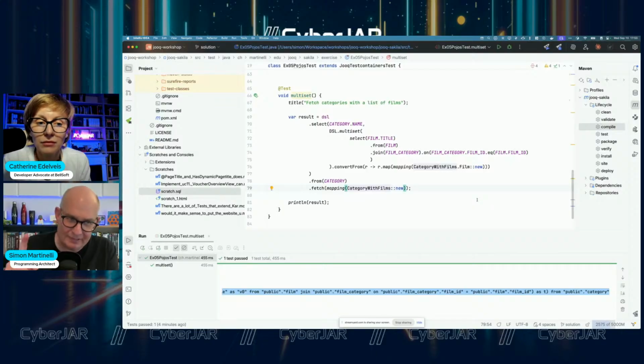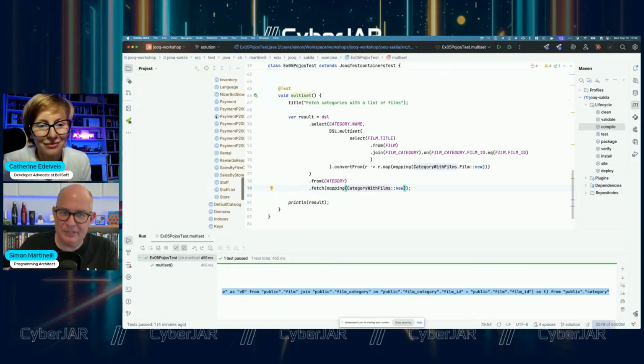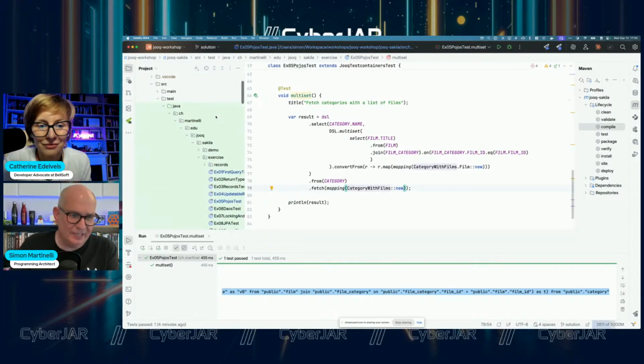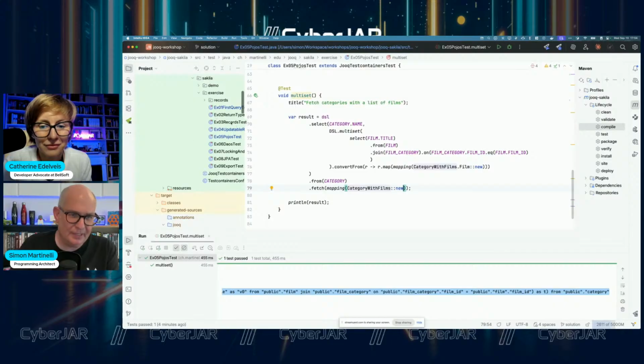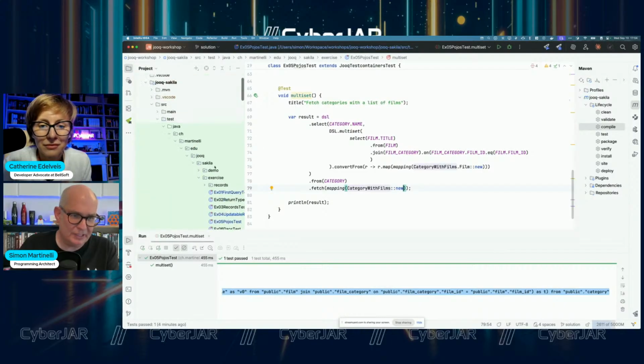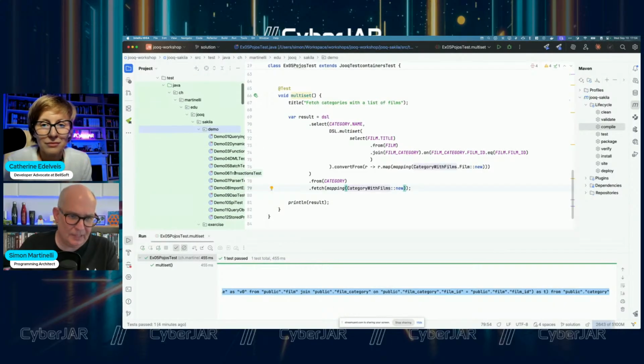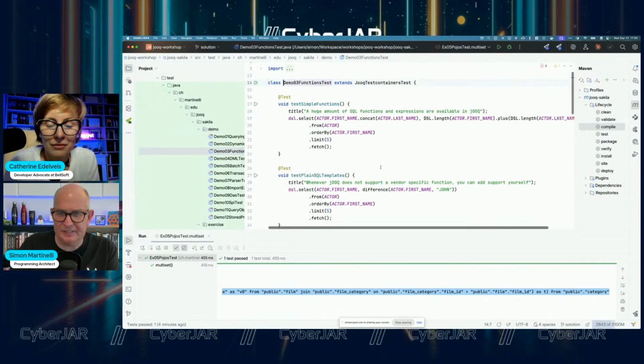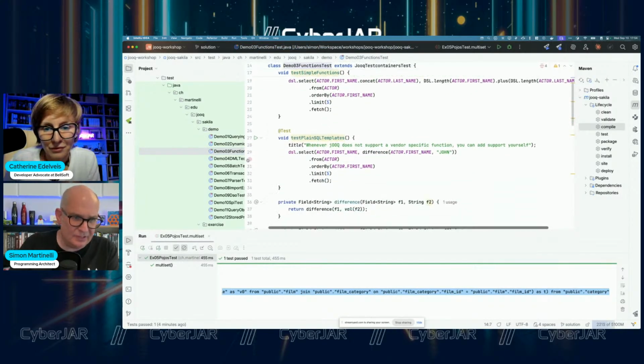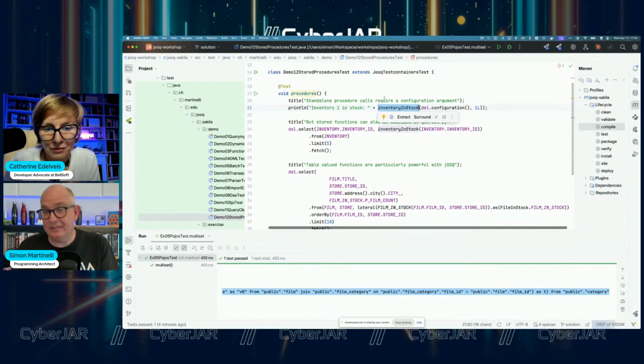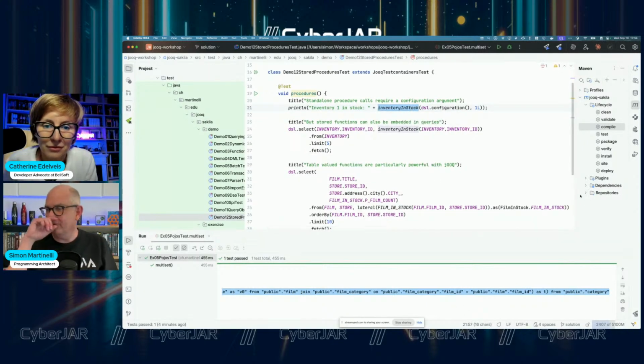For the people that are using stored procedures, JOOQ is brilliant, because JOOQ will generate the class from the stored procedure. And in fact, we have a stored procedure here. Let me check where I have that. Function test, that's probably not this one, that's that one. And we have a stored procedure called inventory in stock.